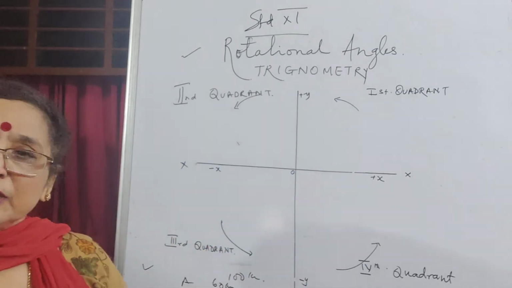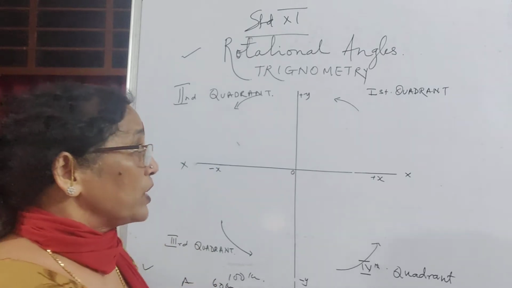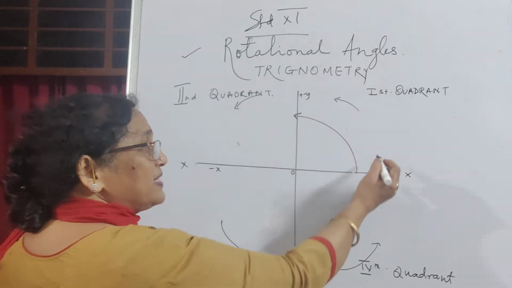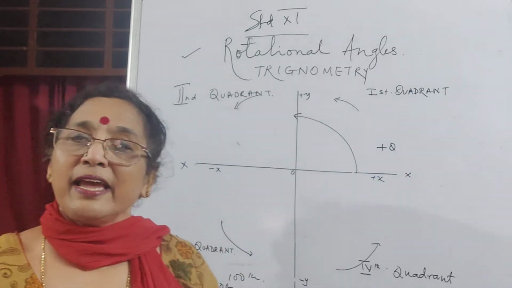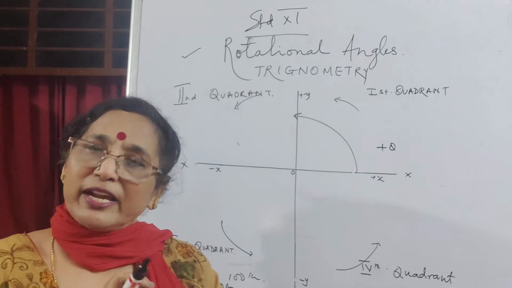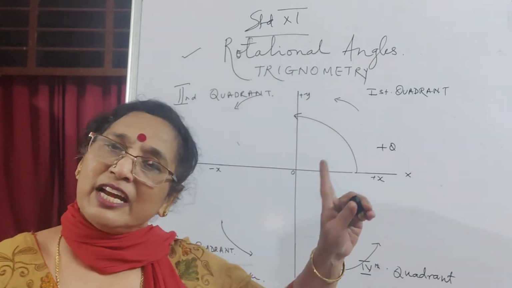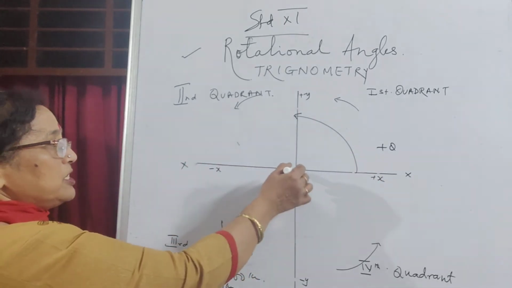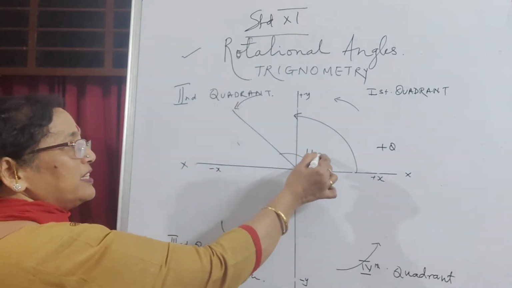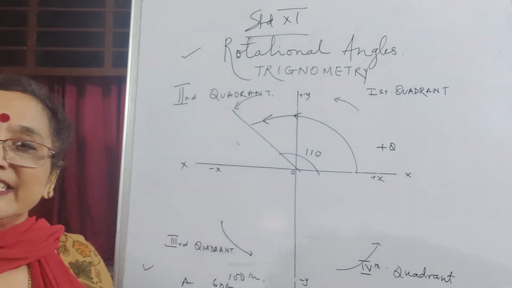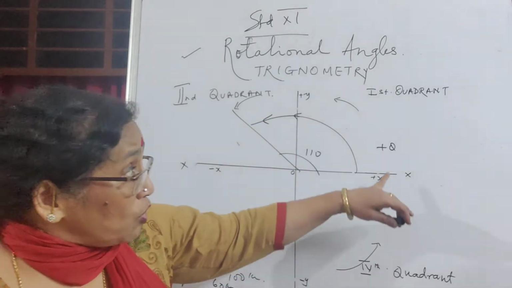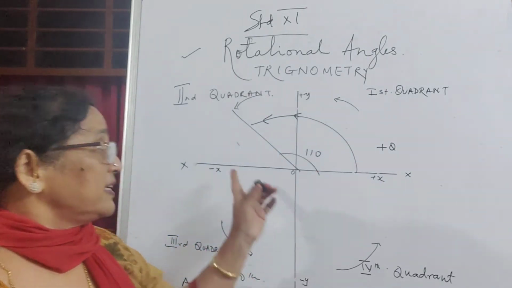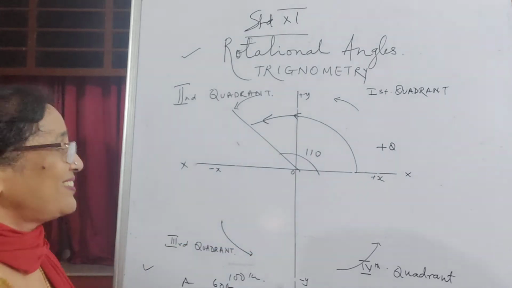So here, what is minus theta and plus theta? If you are going anti-clockwise by any angle theta, we say plus theta. So the moment we say plus 110 degrees, or I don't mention the plus, it means I'm going anti-clockwise. This is the line of measurement. From here I'm moving, I've come to this point, and this is 110 degrees. My direction of motion is anti-clockwise. So anti-clockwise 110 is the same as clockwise 70 degrees.